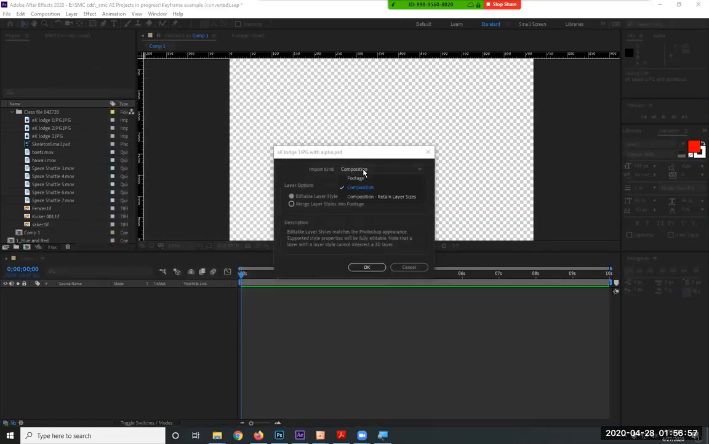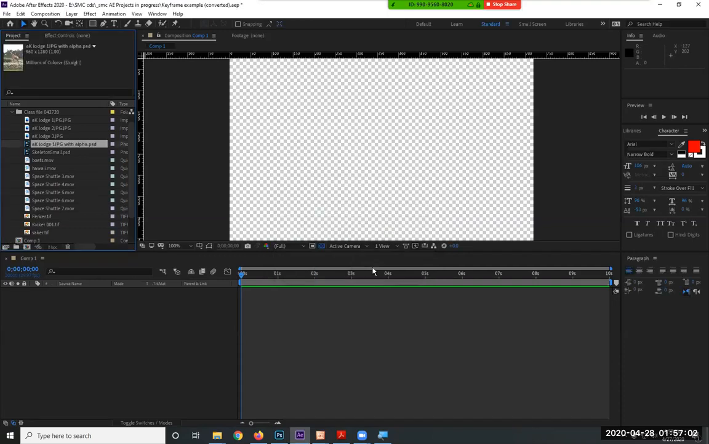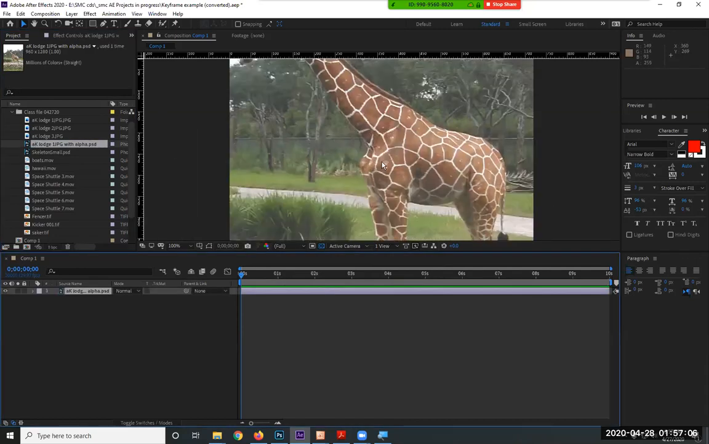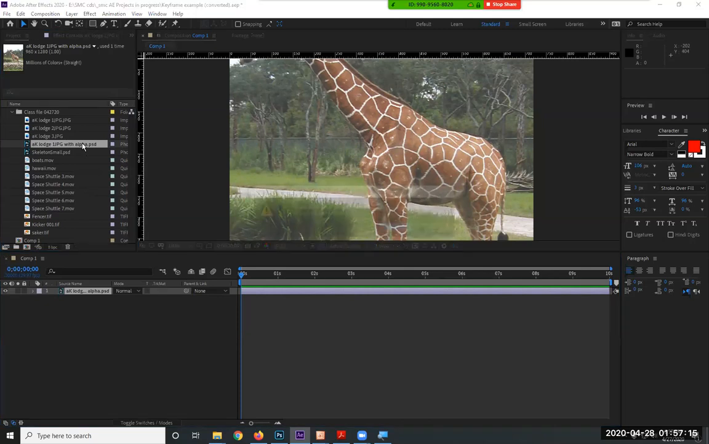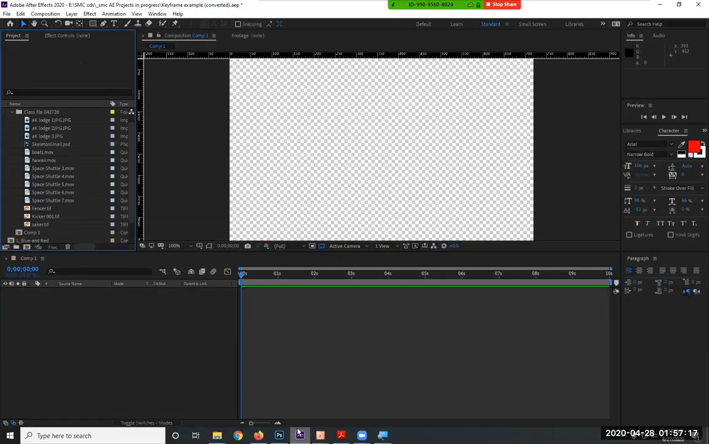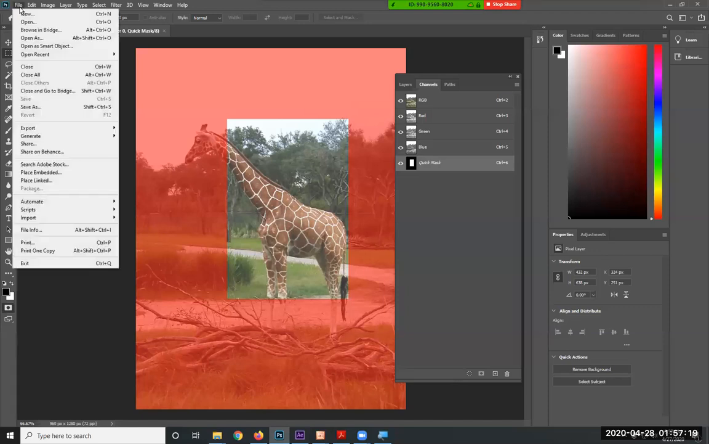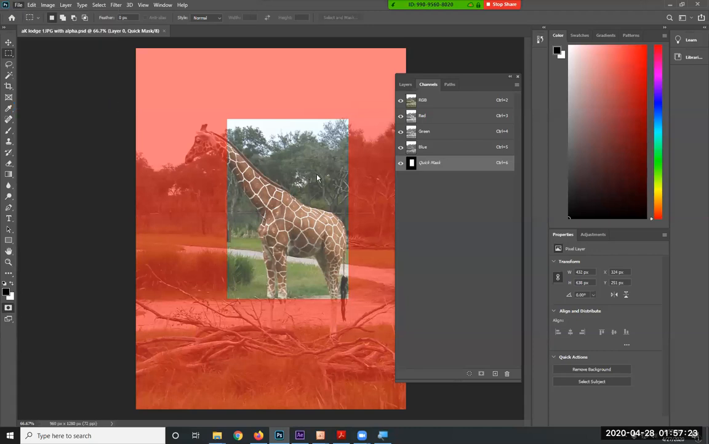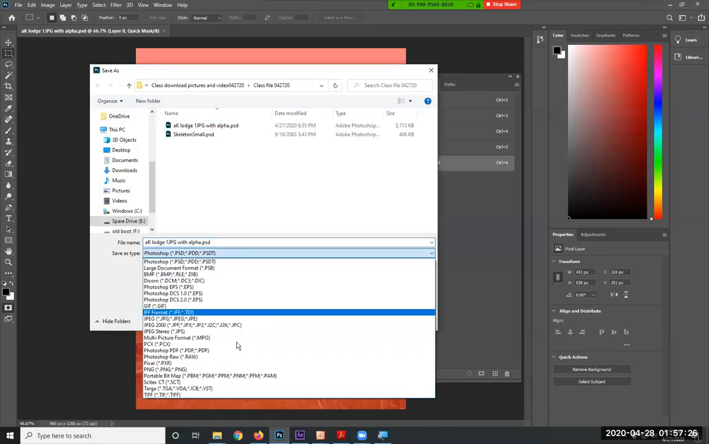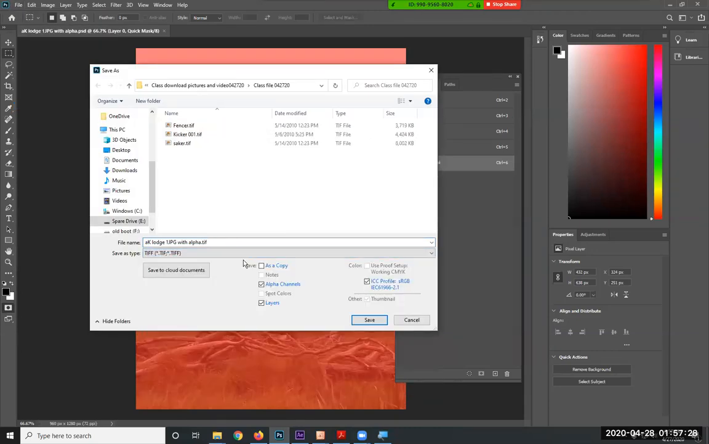Tell it to import that. And I want it as footage, not as a... and it screwed up. Of course it did. I run into this from time to time inside of Photoshop. Save as. Yeah, really. Sometimes if you just save it as a TIFF,